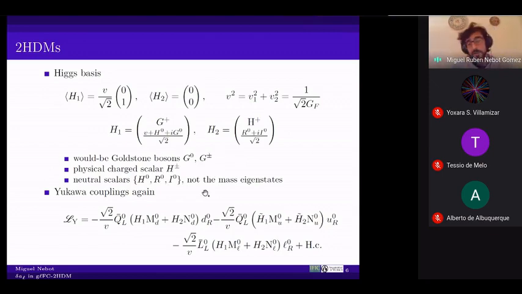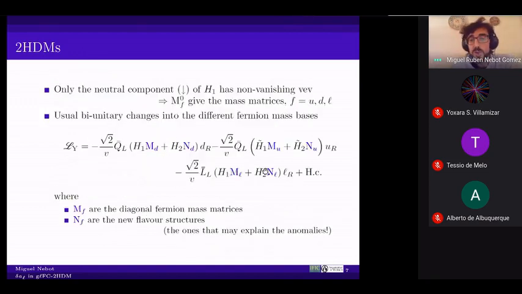So first thing, you go to these Higgs bases, and now your couplings have this aspect there. And you start to isolate what will be the fermion masses. Since this first doublet is the one that is getting a vev, the masses will be proportional to those matrices, which you will need to diagonalize, and you do that as usual. So at the end of the day, you have your diagonal mass matrices, those M's, and the second matrix with additional couplings. These are the new flavor structures, the ones that we will need to play with in order to explain the anomalies. Fine.